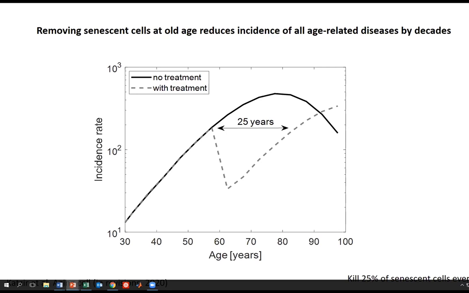But even if you kill just a little bit of the senescent cells or the damage-causing cells, you get a shift of decades in virtually all age-related diseases. And so you can expand health span. That's part of the geroscience hypothesis. And that'll be very interesting to observe once there's trials on drugs that, like metformin, that are thought to reduce senescent cells, and through the mTOR pathway maybe reduce production of senescent cells, etc.